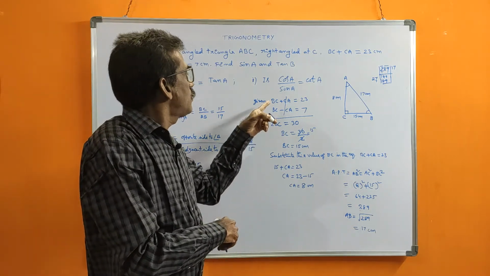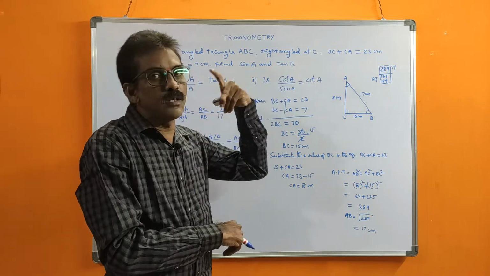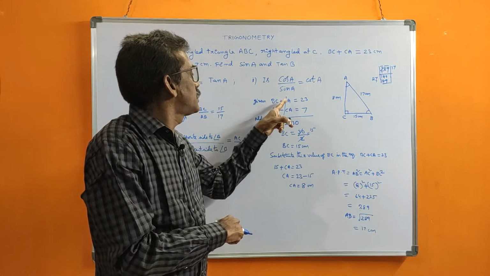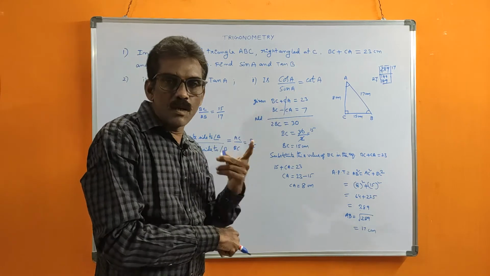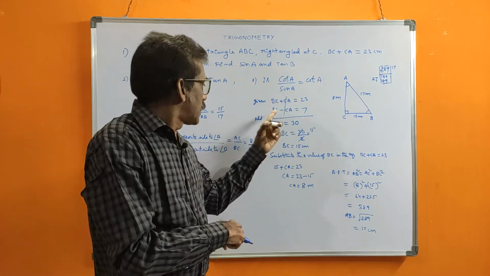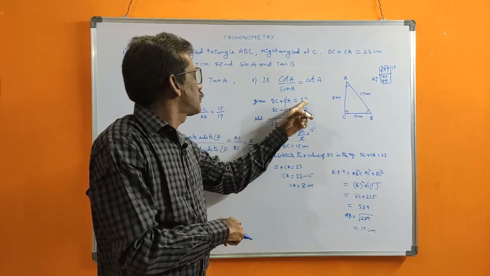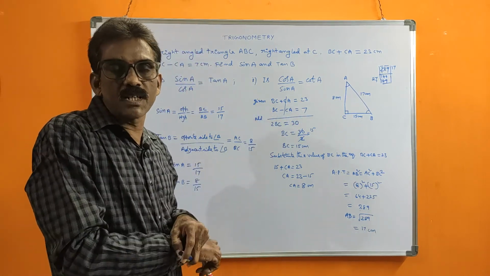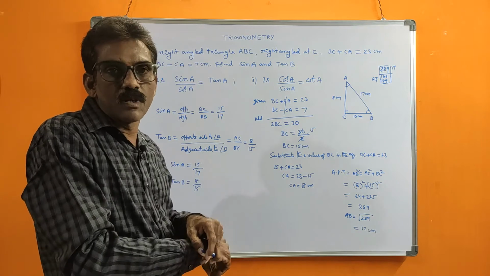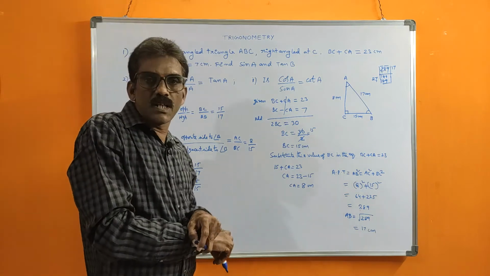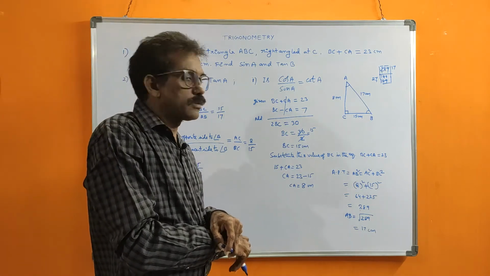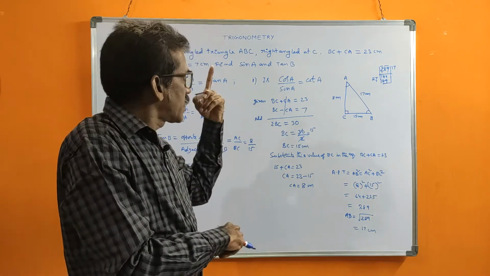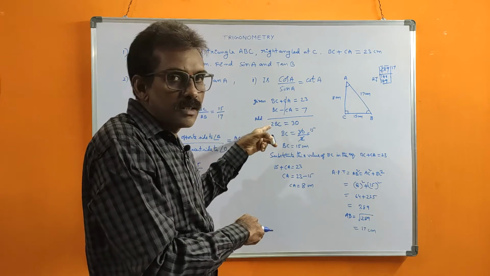See what he gave, like this. Immediately you should have an idea. This also BC, this also BC. CA, CA, plus or minus. Immediately, oh, x plus y is equal to something, x minus y is something. That means what? Simultaneous equations in two variables. How to solve these simultaneous equations in two variables? Maybe you learned in 9th. So if you remember that, you can easily solve.